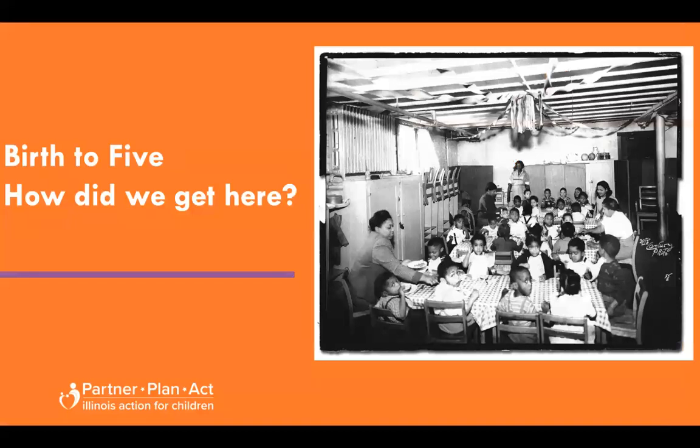Okay, let's continue. Birth to 5, how did we get here? During the 19th and 20th century, there were basically 2 early childhood tracks: programming for low-income families and programming for wealthy families. Programming for low-income or poor families was created to support mothers going into the workforce. The focus wasn't on cultivating the developmental needs of the child. The focus was having a place to bring children while their families worked, versus programs for wealthier families that were focused on supporting the child's developmental needs.